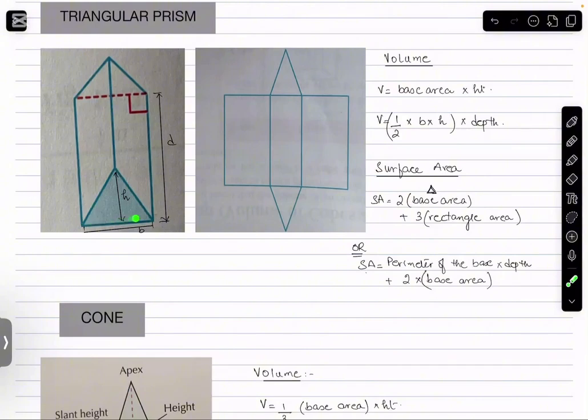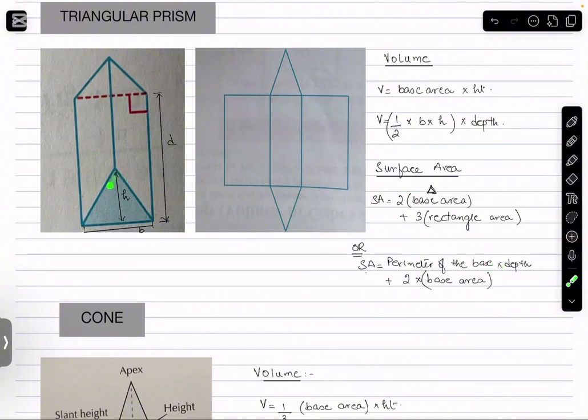So for that, I can say it's the perimeter of the base, meaning the perimeter of this triangle, multiplied by the depth, right? This will give me the perimeter of the base times depth. This actually will give me the sum of the areas of all the three faces. If I were solving these three separately, this one is multiplied by this height, this one is multiplied by this height, and this one is also multiplied by the same height. So just to shorten and simplify my working, I'm saying it's the perimeter of the base,